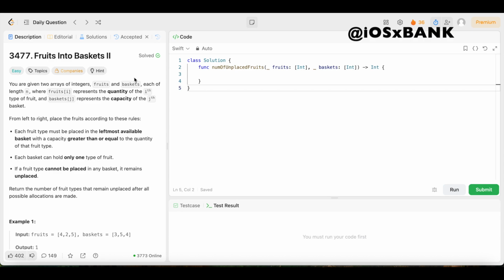And today we have question number 3,477, Fruits in the Baskets 2. The difficulty level is easy, so you already know we're going to keep the solution as simple and easy to